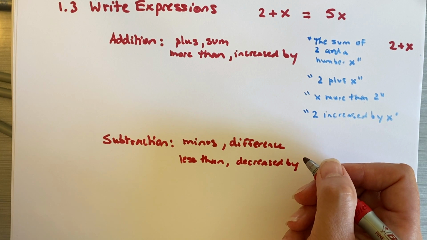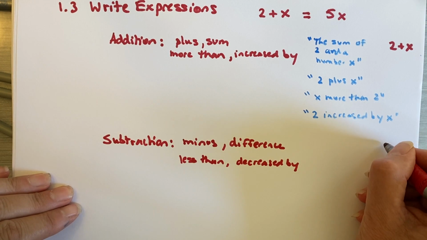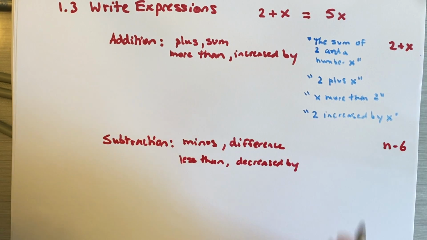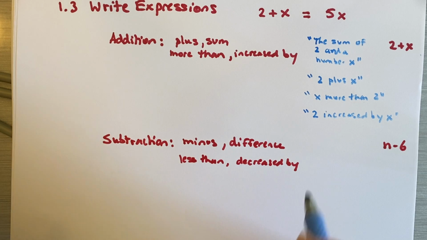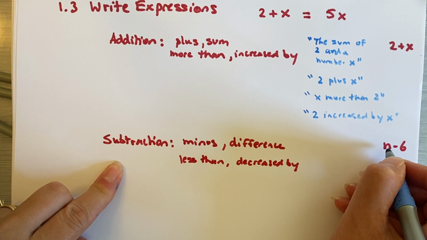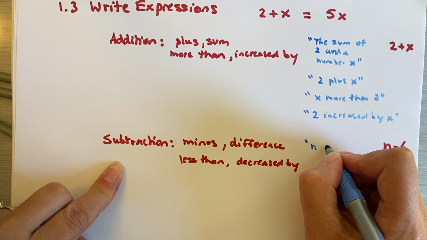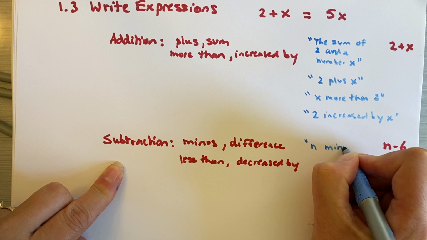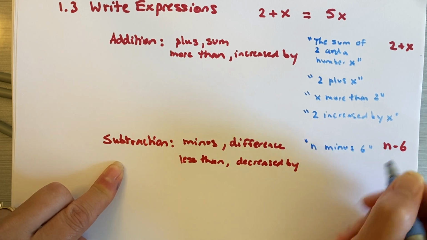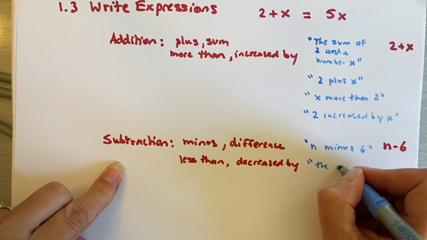So if I had n minus 6, and this is important, so look really closely because minuses are where people often get mixed up. This is n minus 6. No arguments. And you'll probably also say, oh, the difference